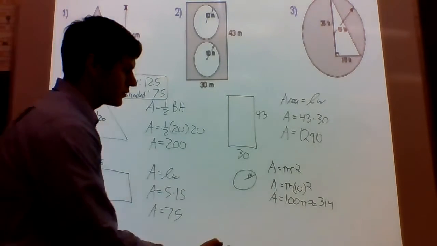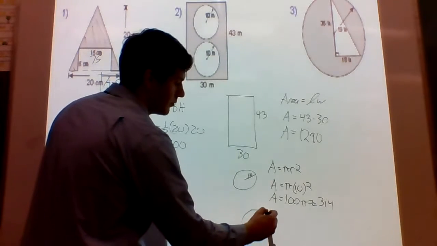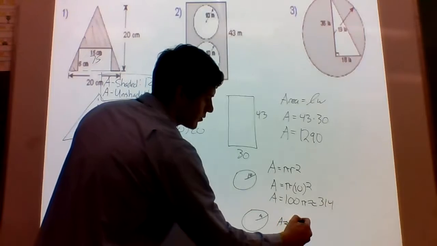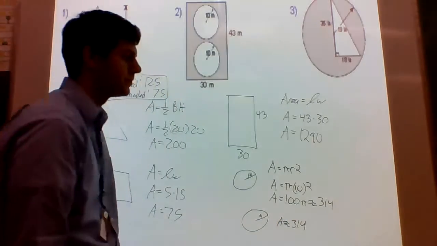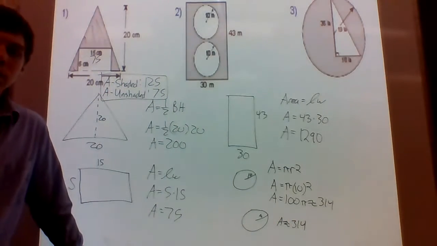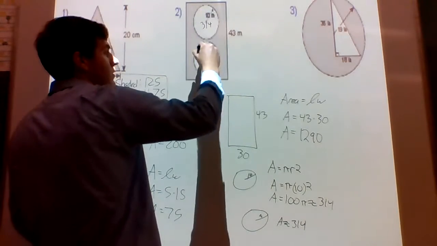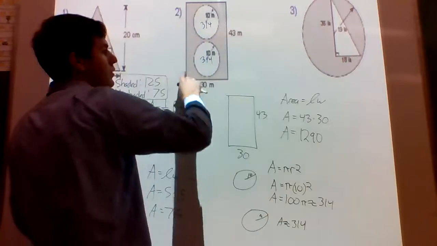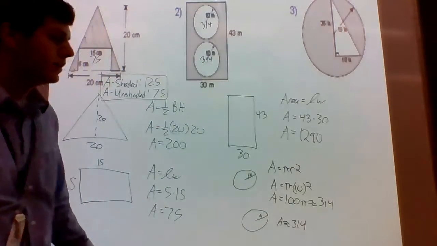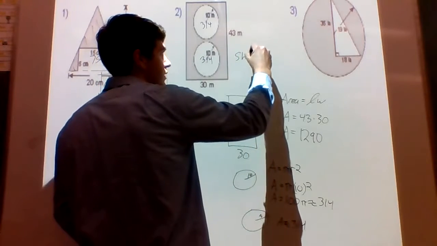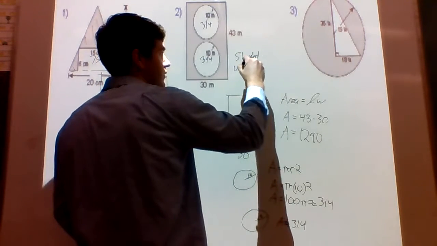We also have another circle that's the same size and shape, so we know that area is also going to be about 314. So we have this circle is 314, this circle is 314, and this rectangle is 1290. If we're asked for the area of the shaded and the area of the unshaded,